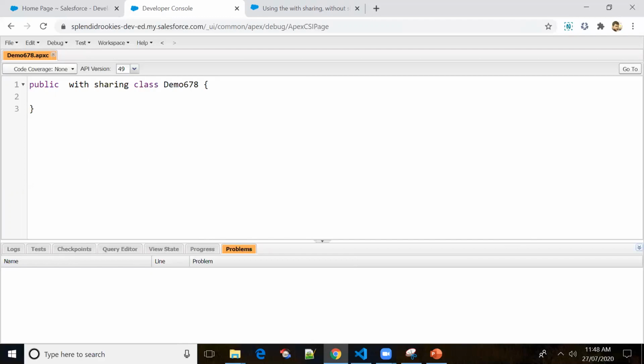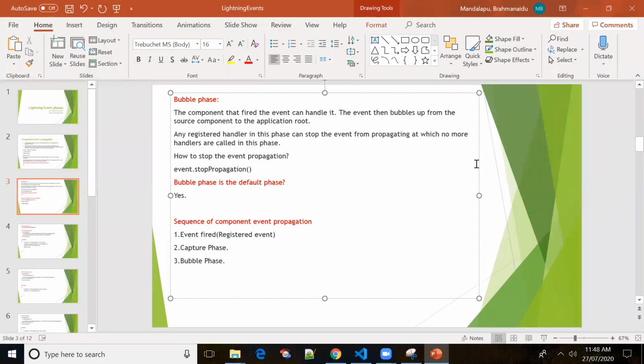I have worked on a couple of projects, maybe 7 to 10 projects, and I used to work in a startup company. I didn't get a requirement where I had to handle something in the capture phase. You won't get it, but just try to understand. You don't have to put the bubble phase; by default, it will be in the bubble phase. Is it fine?